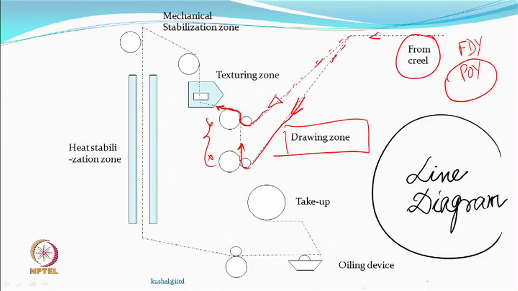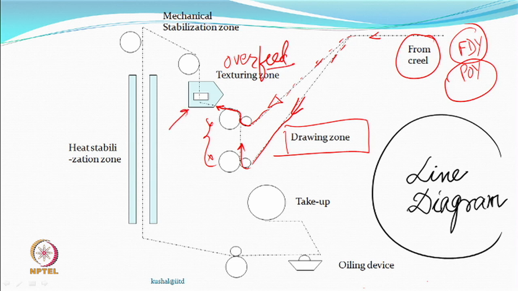In the texturing zone, it is actually a fully drawn yarn when it is being fed. So, between the texturing zone, what will be there? Some texturing must be occurring. That means you will give overfeeding. So, between this zone you will have some overfeed,